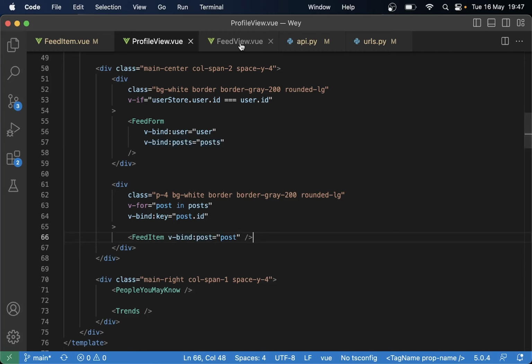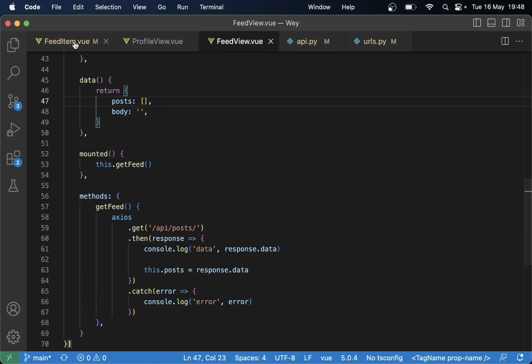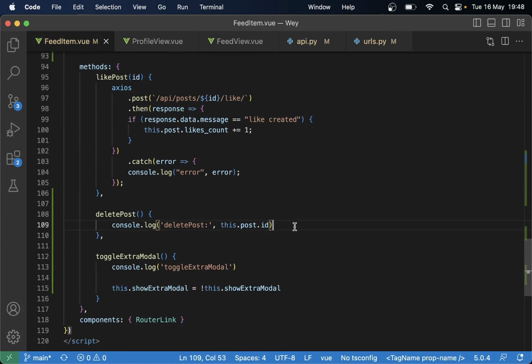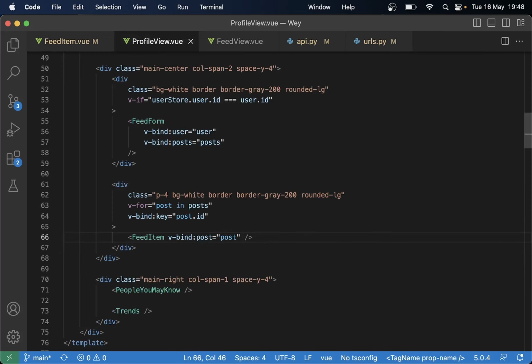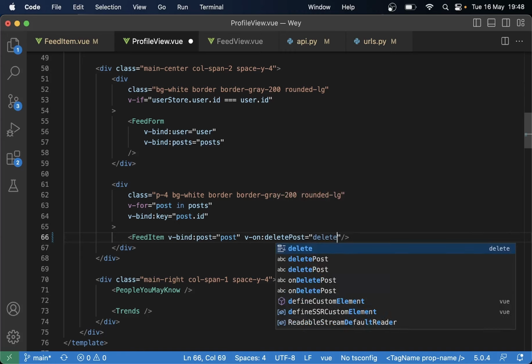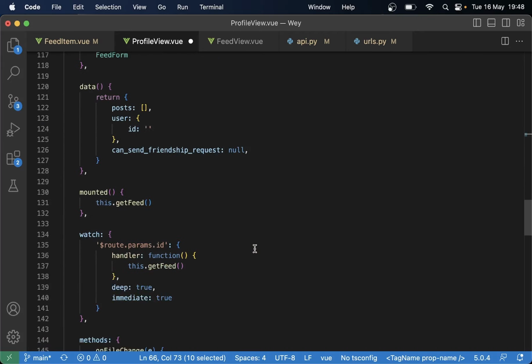So what we need to do then is to use an emit to tell the parent to remove it from that list. So in the feed item, here we can say this.emit, and then we say delete post and pass in this.post.id. And then on the profile view, we can listen to this by saying v-on:delete-post. And when we get this emit here, we want to call a function here called delete post. Then we can copy this, scroll down to the methods list,